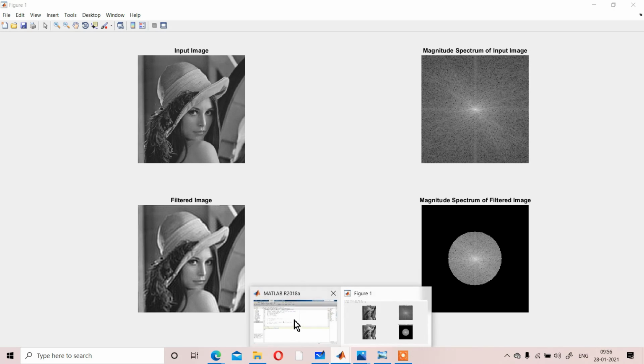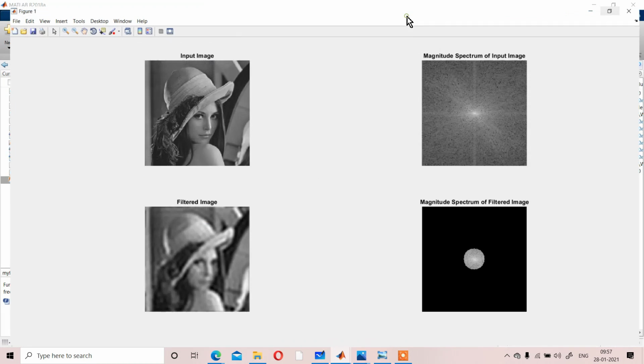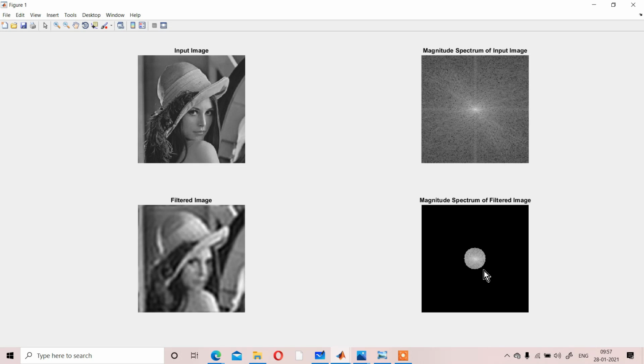If we change the radius from 50 to 20, you will see the radius is reducing, and whenever you reduce the radius, the image you get is more blurred. In the second case, the frequencies you are considering are fewer. That's why you are getting the more blurred result.